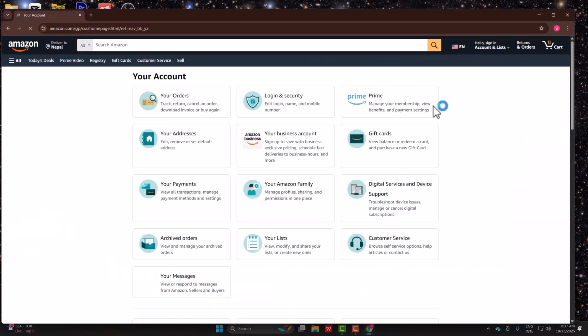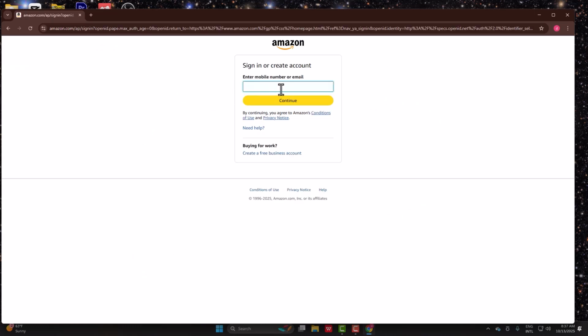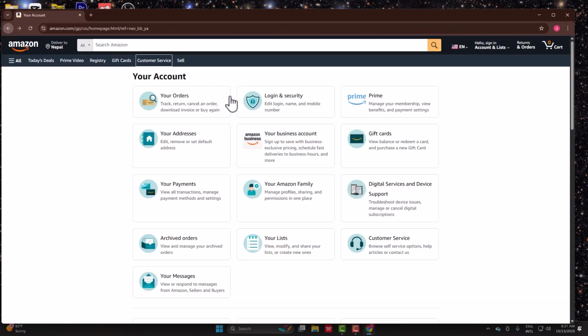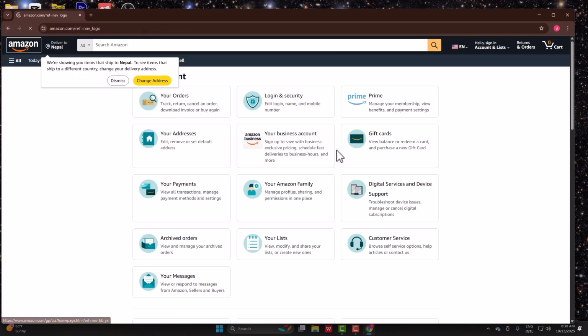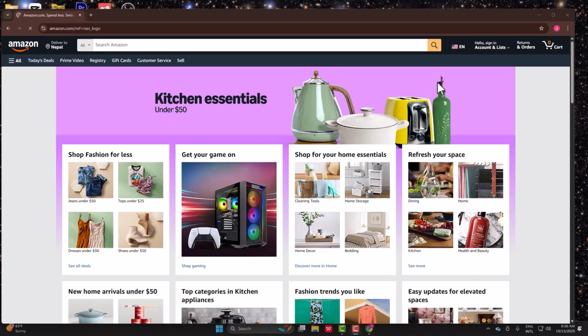Go ahead and make sure that you are logged in into your account. All you need to do is just click on this button and then just sign in into your account right over here. And once you've done that, all you need to do is simply go ahead back into Amazon homepage,